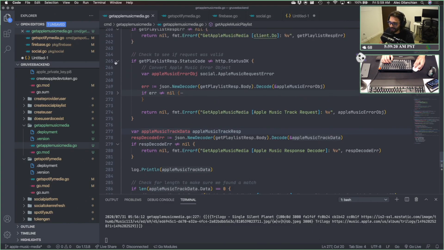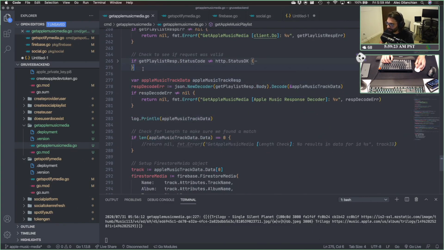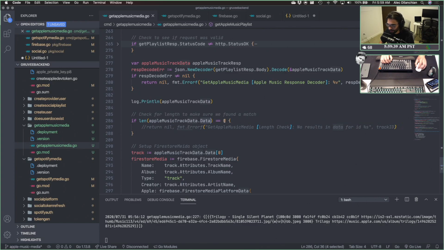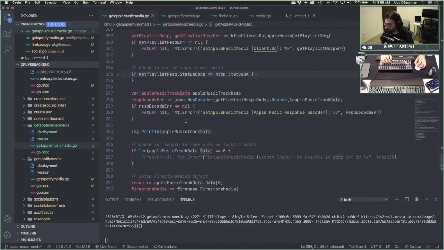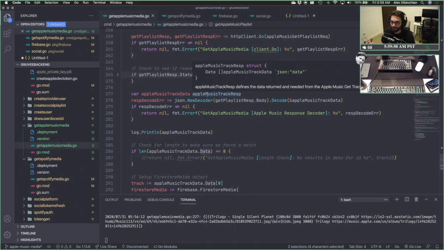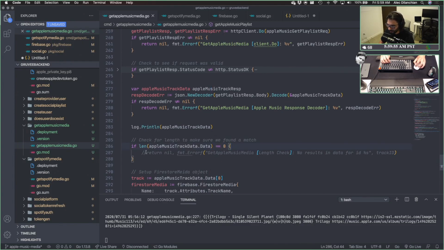And then else, if we did get a status of 200 or OK, at this point we are decoding that to get the actual data from there, and right now we're just printing that out. We left off on Tuesday with checking the length of the data, because this thing ends up being an array. If we hover over this, you'll see data is just an array of this thing called Apple Music track data. So we're saying if this thing is 0,